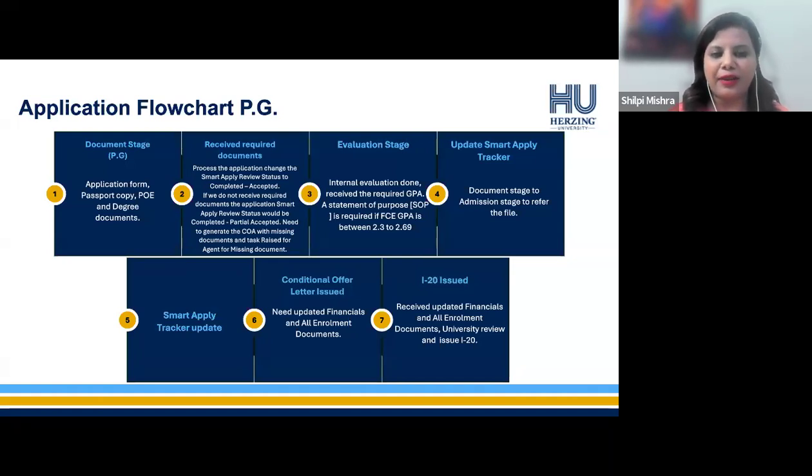And coming to the application flow chart about graduate programs, again, it's almost similar, but there will be certain differences which I can highlight over here. So definitely, as I already informed you, we need the application form to the GUS Gateway portal. We have the passport copy. The requirement for the proof of English is mandatory, and degree documents. We require the student to have the degree certificate to put in the application, and the documentation is really, really vital. Without that, our team cannot process it ahead to the university to get a decision for your applicant. Receiving the documents, the dedicated team changes